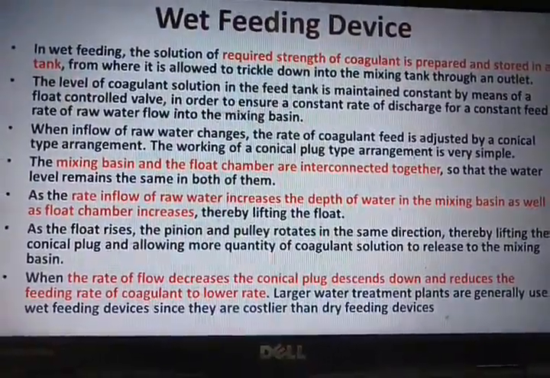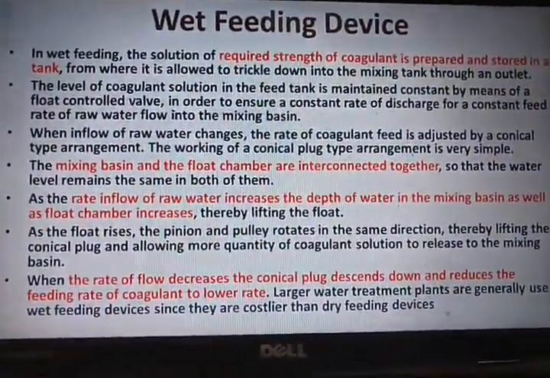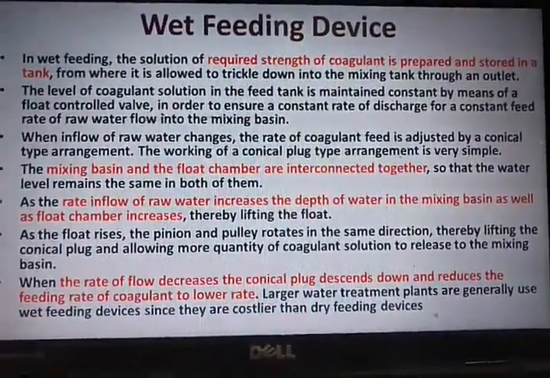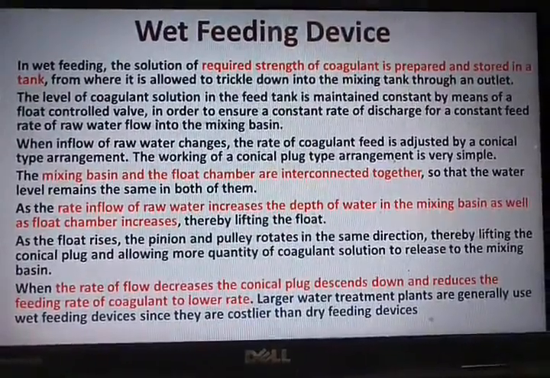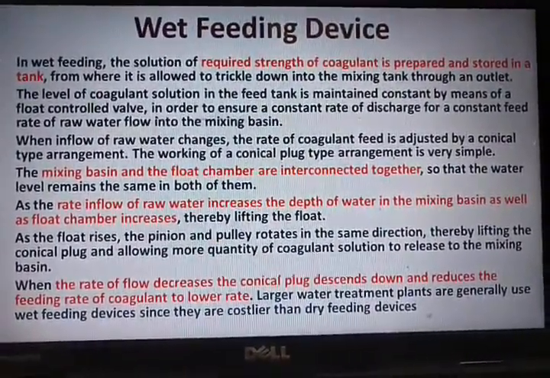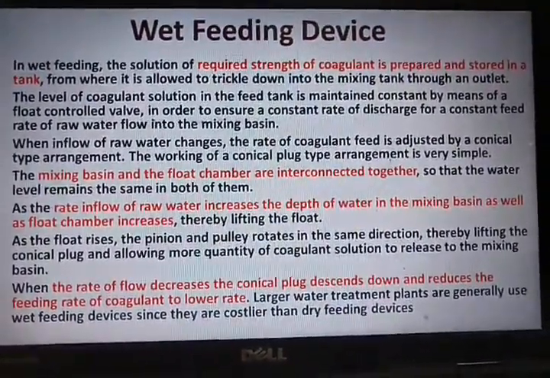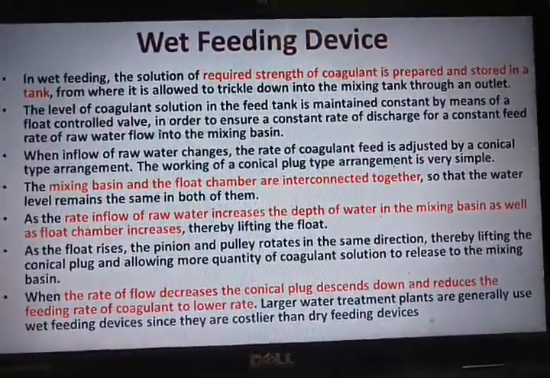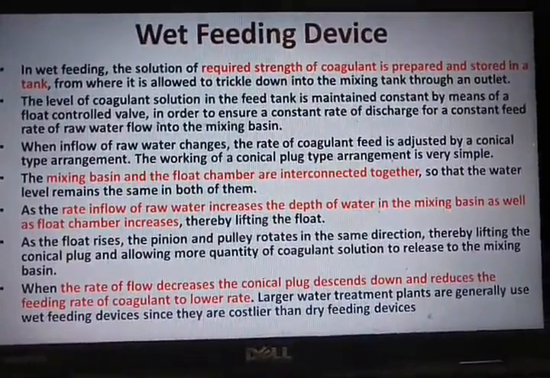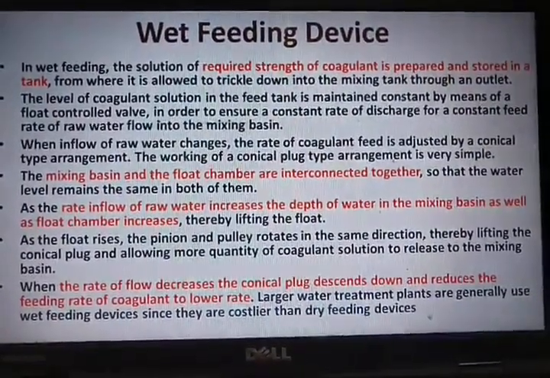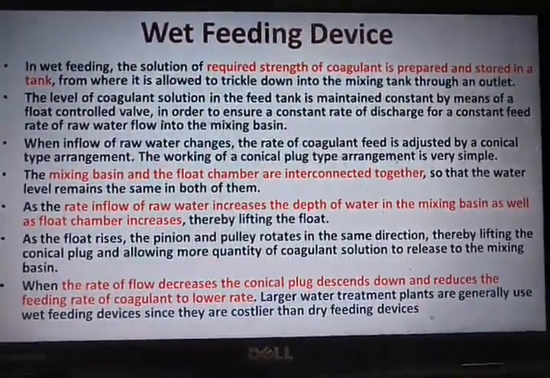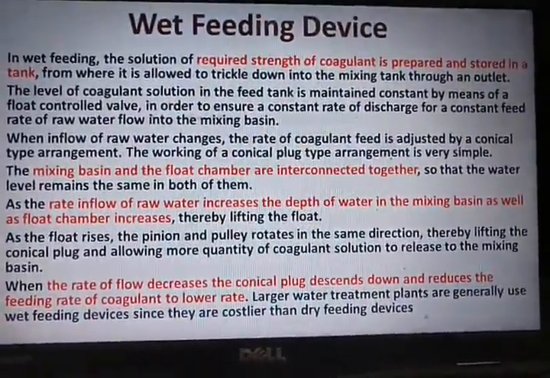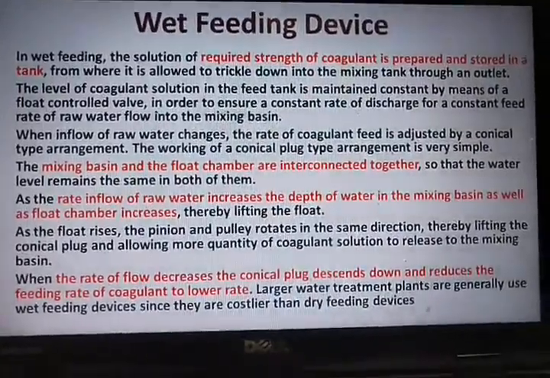Here, instead of directly putting the alum powder, we can dissolve the alum solution with the appropriate quantity or desired strength. Not only alum, we can also add the other coagulants which we have studied, like chlorinated copperas or ferric chloride. Here it consists of two balancing tanks which are connected with each other, that is a mixing basin and float